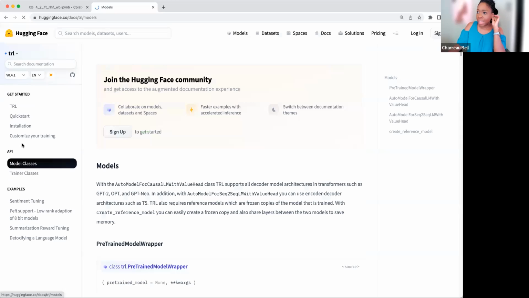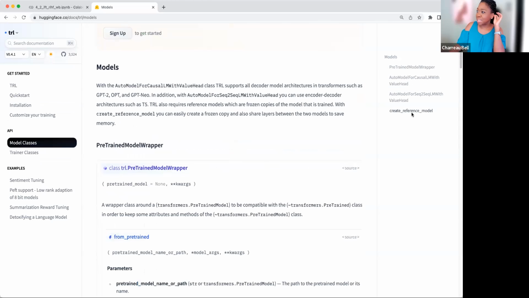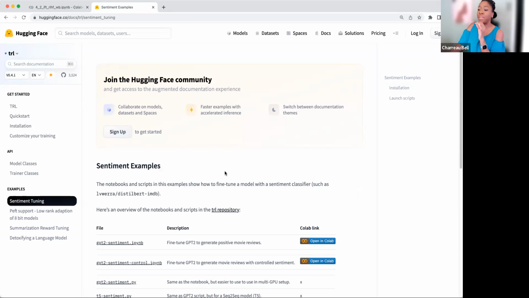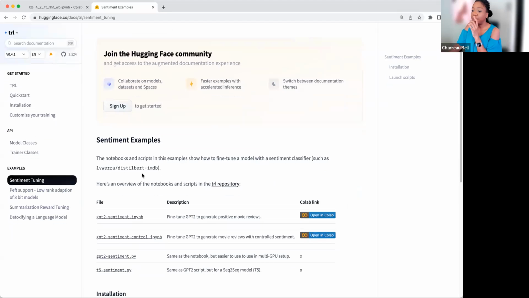If you need to look more at that, we can look at these. So here we have some of the models that we might be using. We have a trainer, so we just call trainer.train, right? There's a PPO trainer, so that's training our model using reinforcement learning, and PPO is a method for reinforcement learning. What we're going to do is look at this example and go through it very, very briefly, given that we have 8 minutes left.